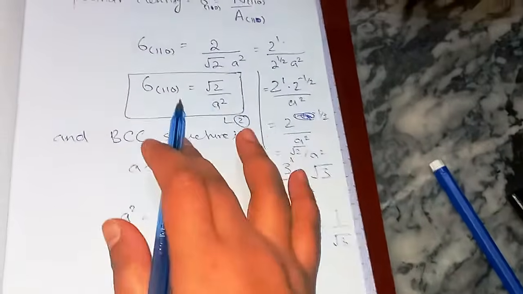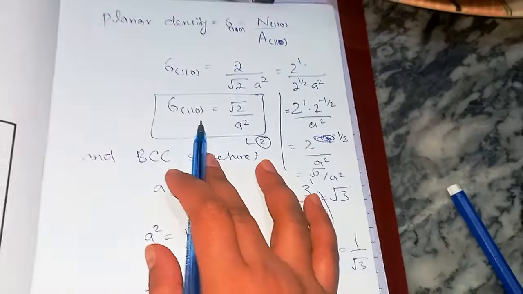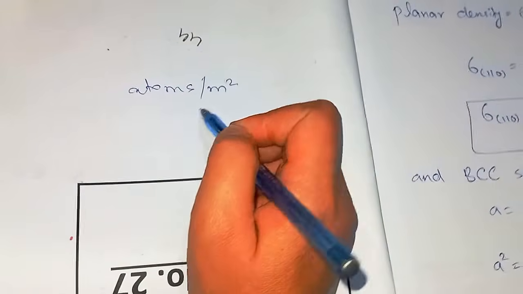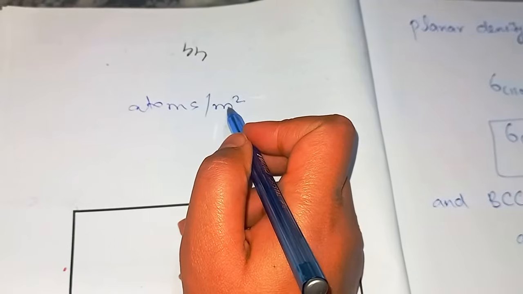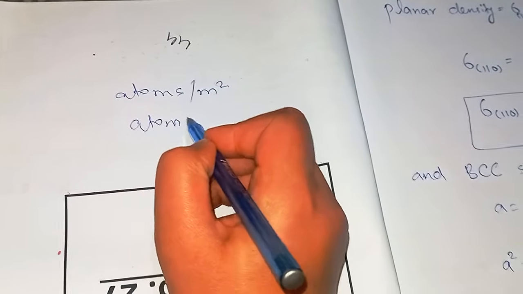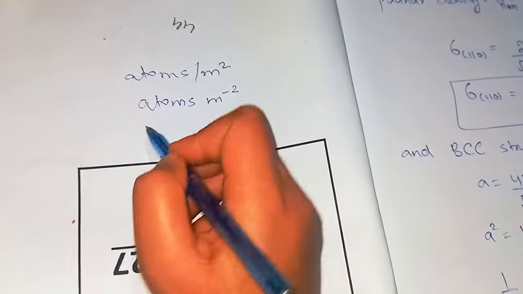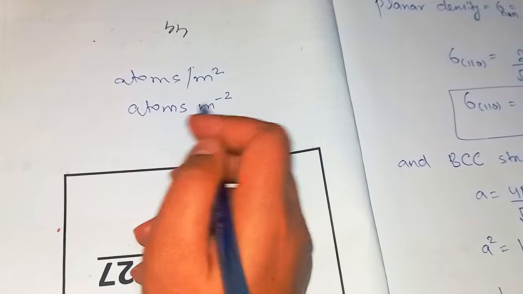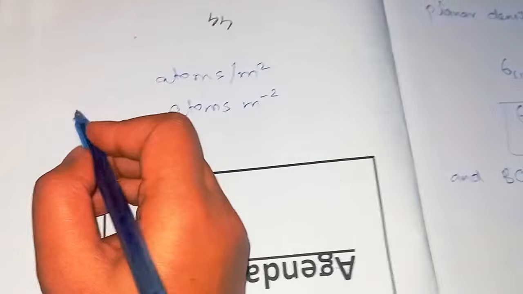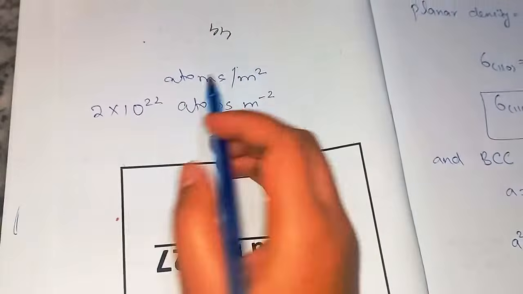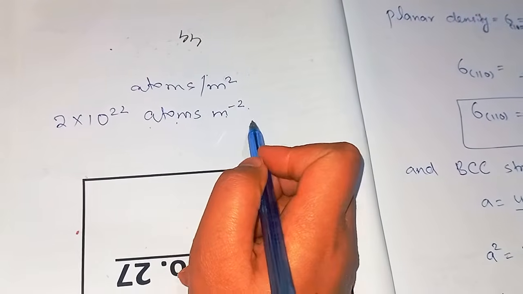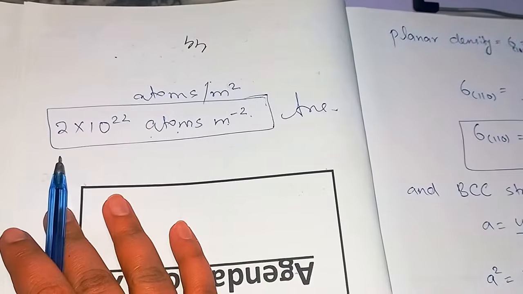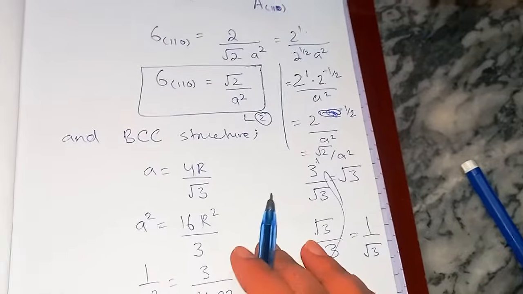And what about the units? What are the units for planar density? Units are actually atoms per meter square. Since it's a plane, it's area, so we have per meter square, and you can even write it like atoms/meter square. This slash means it's in the denominator. So for example, if you got 2 multiplied by 10 to the power 22 as the result, you will write atoms per meter square as its unit to complete the answer. So that is the unit, and we have done it for 110 plane. Now let's do it for the